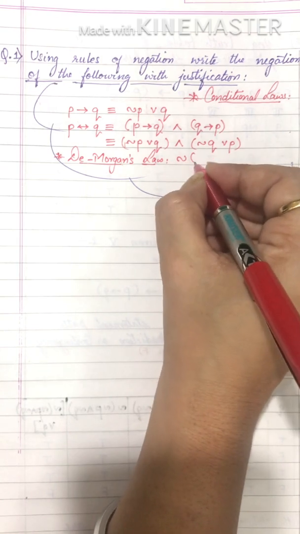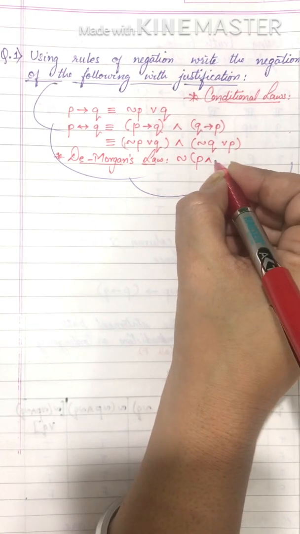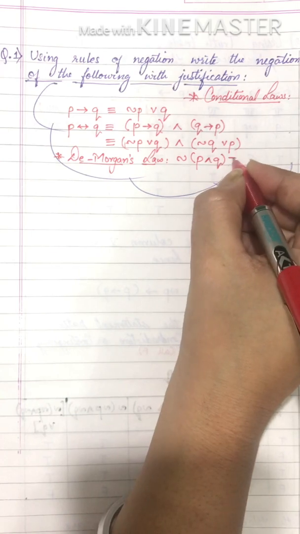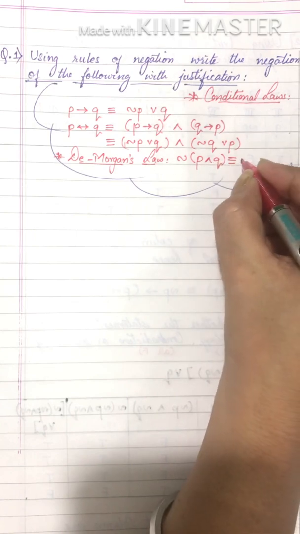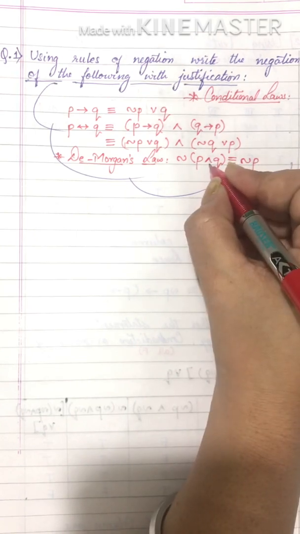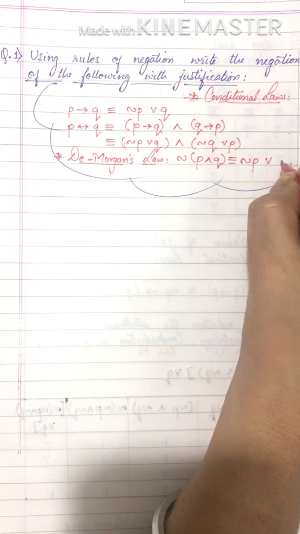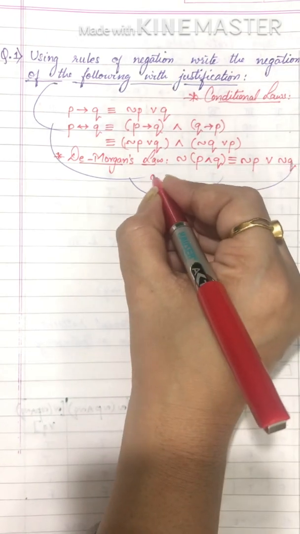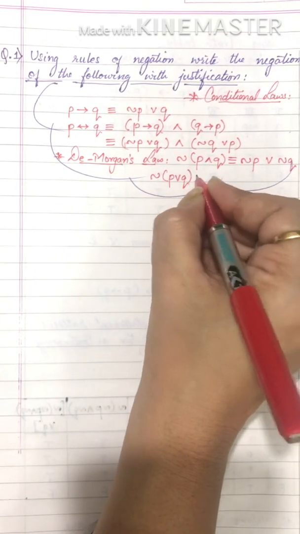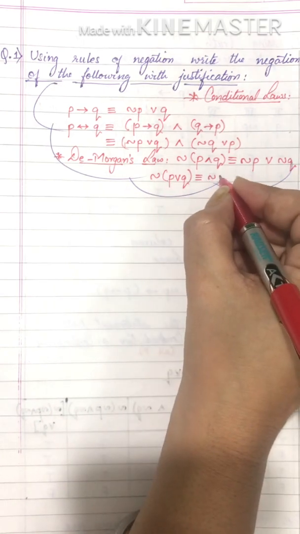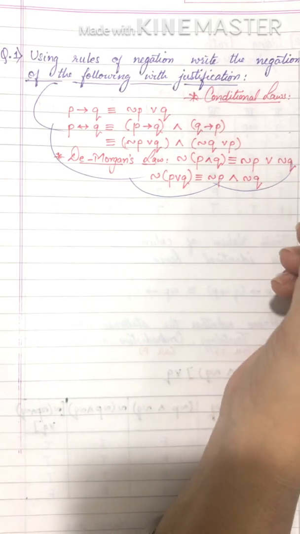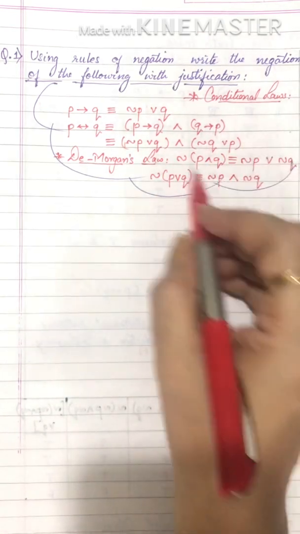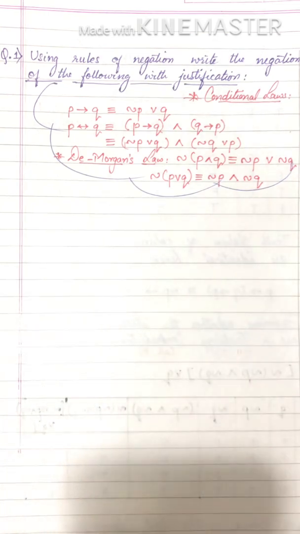Just see the pattern of how it is used. Negation of P or Q: the negation will go inside and it will be negation P, this or will become and, negation Q. Same way for negation of P and Q: the negation will go inside and we get negation P, and this and will now become or, negation Q. Okay, so these two laws for now I have explained nicely, because repeatedly we will be using these two laws to solve the sums ahead.